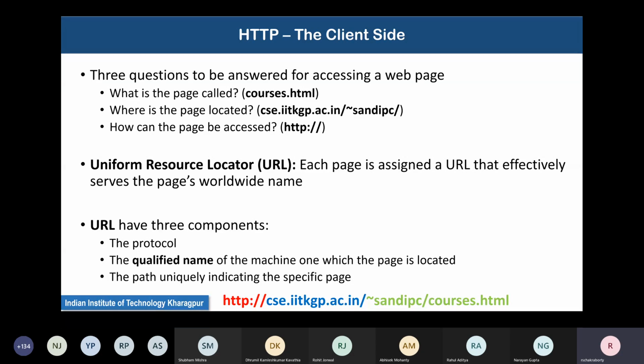Now, suppose on the client side, so usually you use a browser. It is possible not to use a browser and directly use raw HTTP, but that is very rarely done. Suppose there is a web page called CSC. There is a server called csc.itkgp.ac.in. Under that, there is a directory called ~sandeepc corresponding to faculty, or every faculty has a folder under this server. Okay. So ~sandeepc is the home directory of the faculty Professor Sandeep Chakraborty.